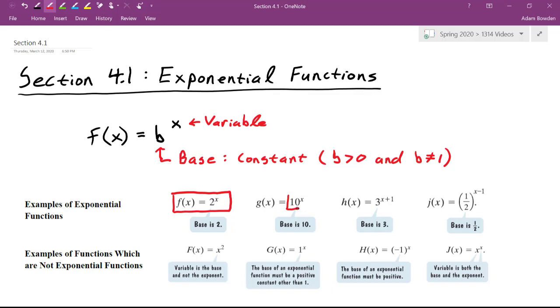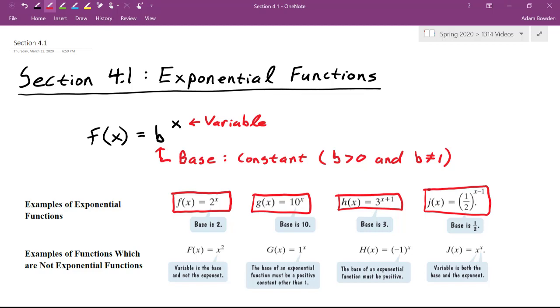Same thing if we had a function like 10 to the x power. That would be an exponential function. Even things like 3 raised to the x plus 1 power would be an exponential function. And even fractions for bases, like 1/2 raised to the x minus 1 power, that would be an exponential function